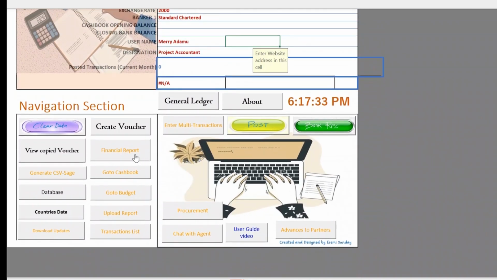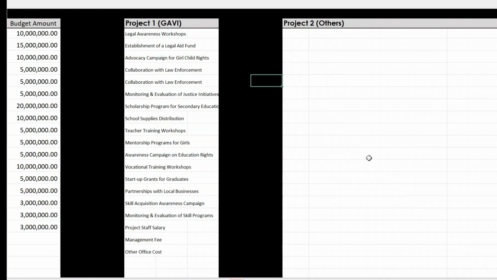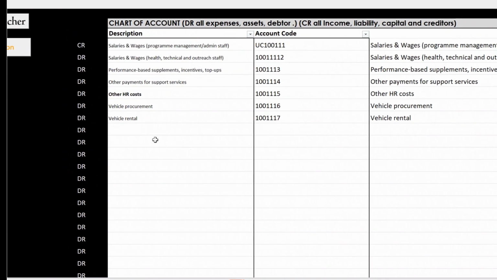Now, at this point, all we need to do now is we've started the registration. We can now go back into the database to build our accounting system. Remember, in a typical charity organization, there will be a bank account. So let's go and build our chart of accounts. So from here, let me assume we are going to have a Standard Chartered Bank, right? So let's give it